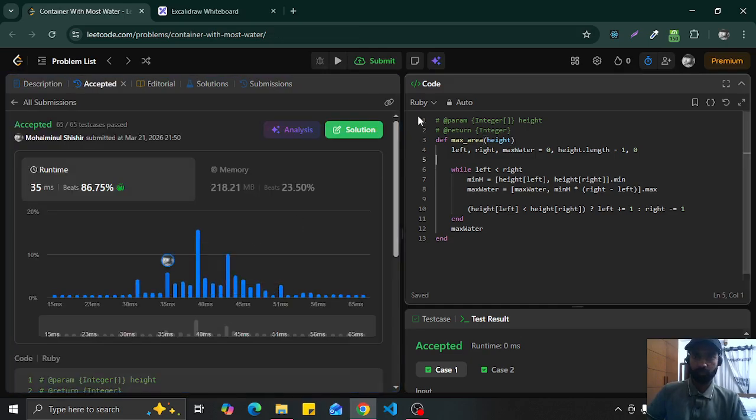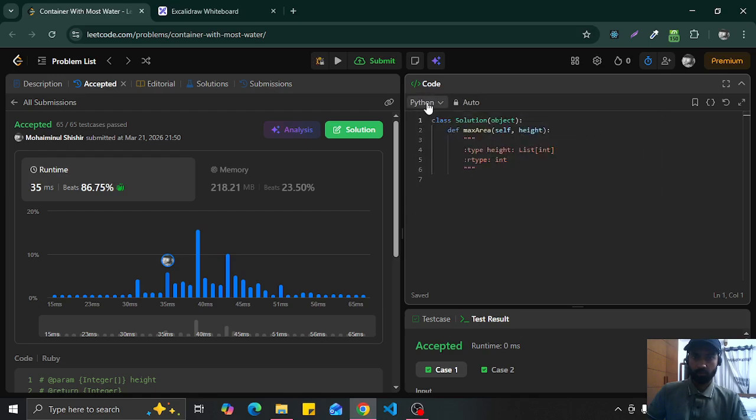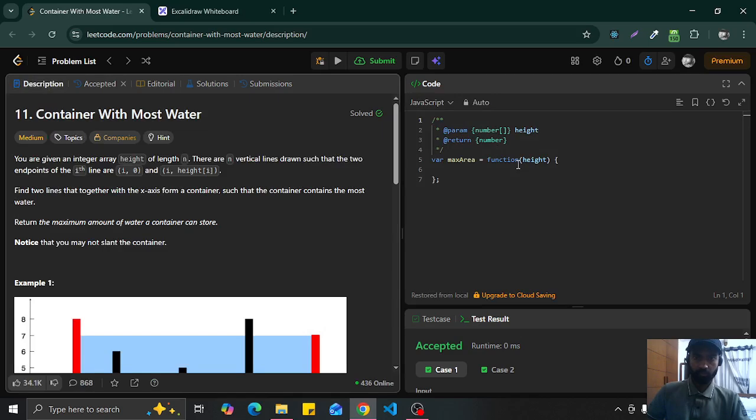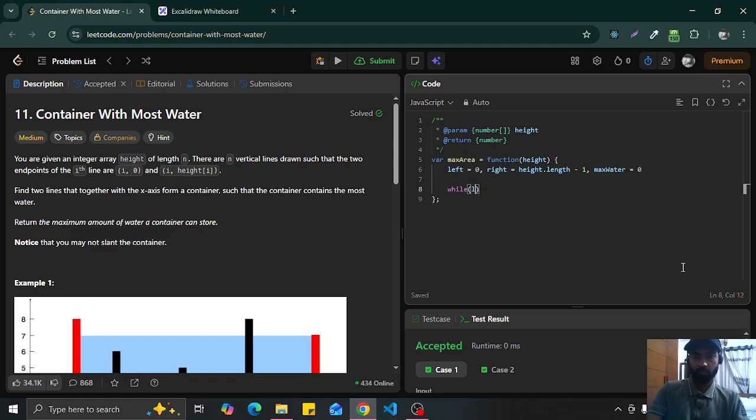Yeah, now lastly let's solve this in JavaScript. So again we are going to follow the same approach. So left equal 0, right is equal height dot length minus 1, and max water count is going to be 0, while left less than right, min height is,